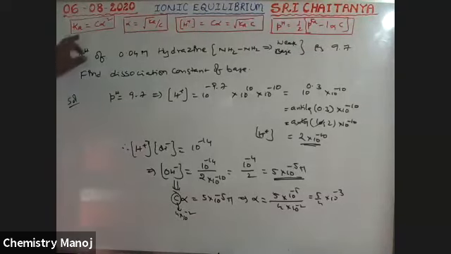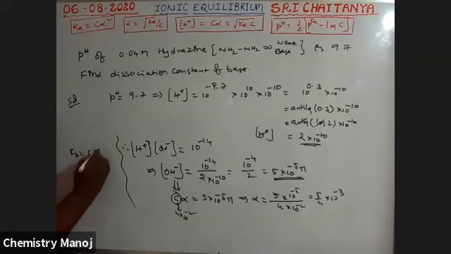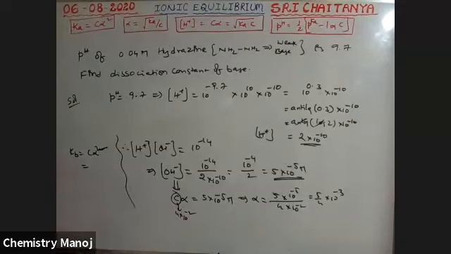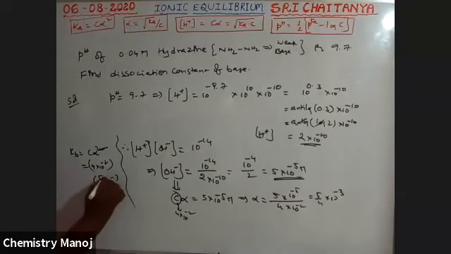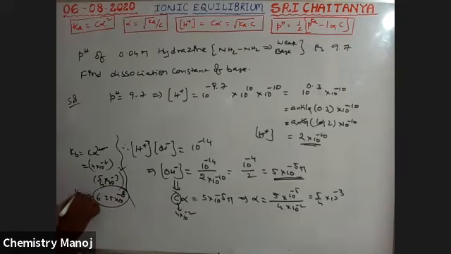So you want to calculate Kb in terms of alpha. So Kb is equal to C alpha square. Apply the formula. That is Kb is equal to C alpha square. C is equal to how much? That is 4 into 10 power minus 2. Alpha is that much, 5 by 4 into 10 power minus 3, whole square. So finally you will get the answer 6.25 into 10 power minus 8.